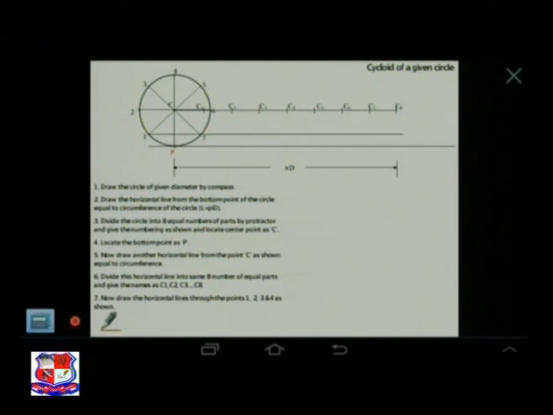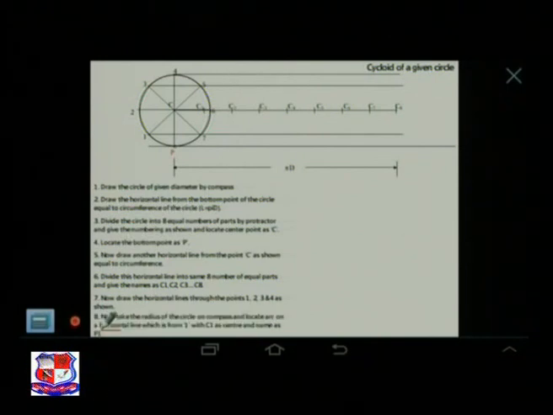Similarly, from 2 we have drawn from the center point C, so if you draw the line from 2 it will automatically coincide with the line drawn from the center point of the circle. Next I have drawn from 3, which automatically passes through 5. Next we need to draw a horizontal line from the 4th point. Like this we need to draw the horizontal lines from the points onto the circle we have divided.